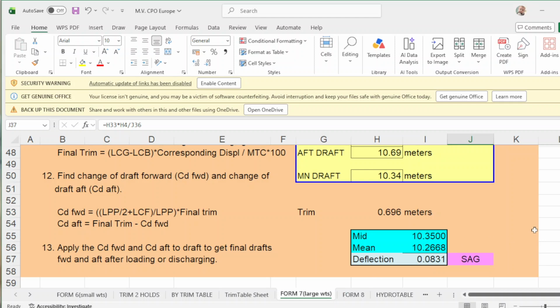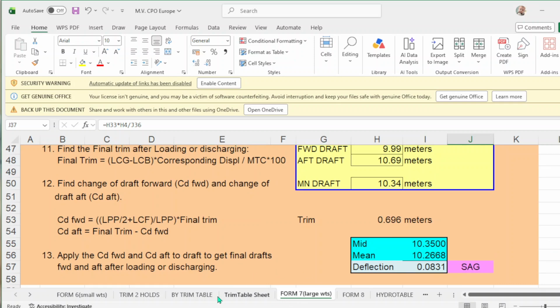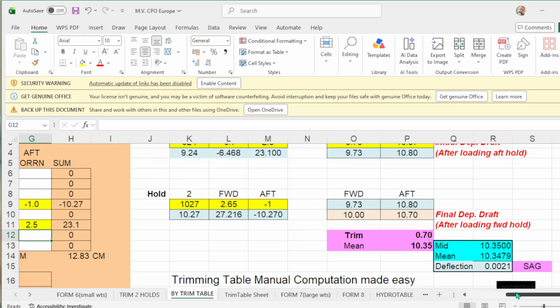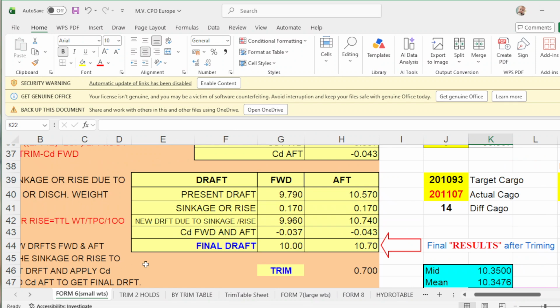So you have 1, 2, okay, 3, 4. So you have 4 programs to back you up to make accurate results of your program.